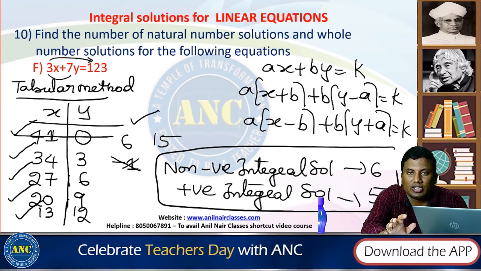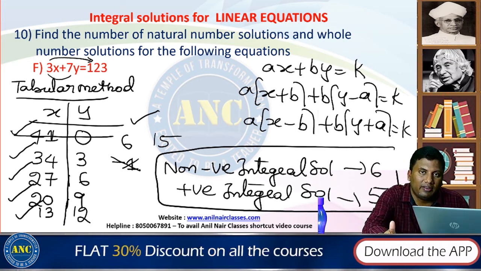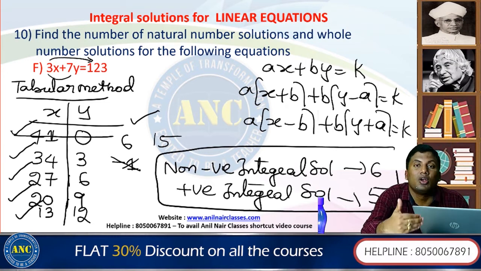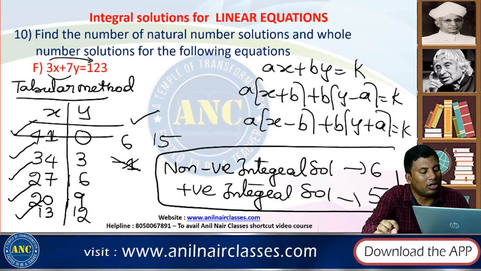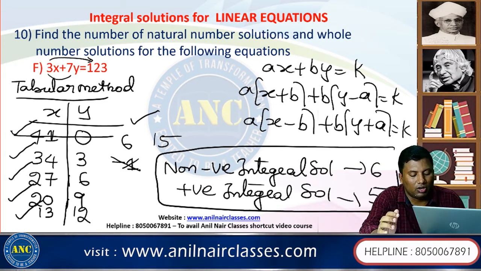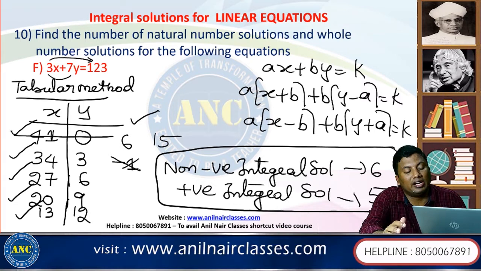Start with the coefficient which is not a factor. Put y value 0, x is 41, decreased by 7, decreased by 7, decreased by 7, go to that value where upon still decreasing I will get a negative value. 1, 2, 3, 4, 5, 6: 6 values, where only one value has y value 0. So the difference is 1. Why will the difference be 1? Because only one of the coefficients is a factor of right hand side.